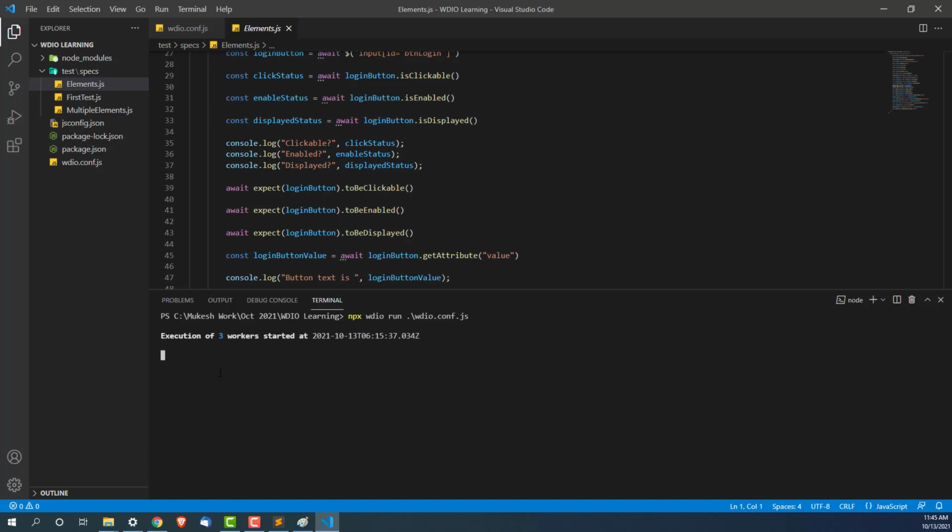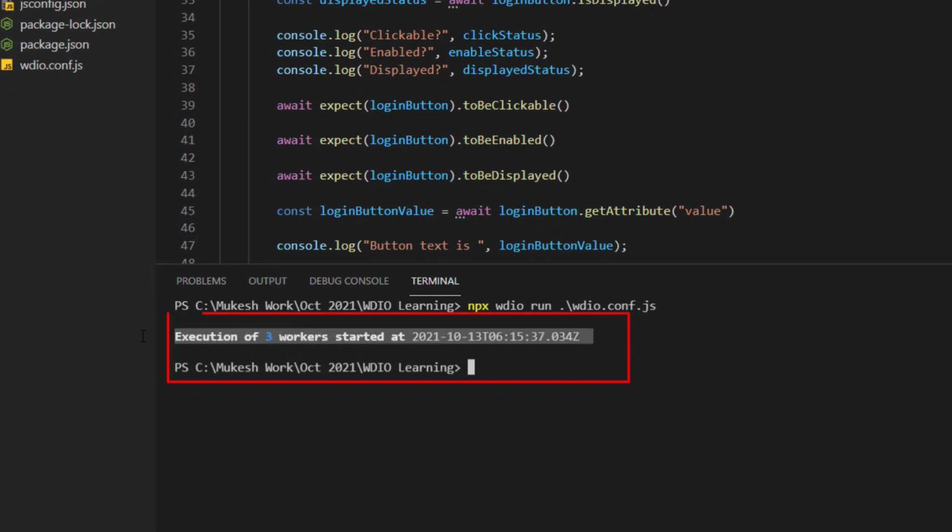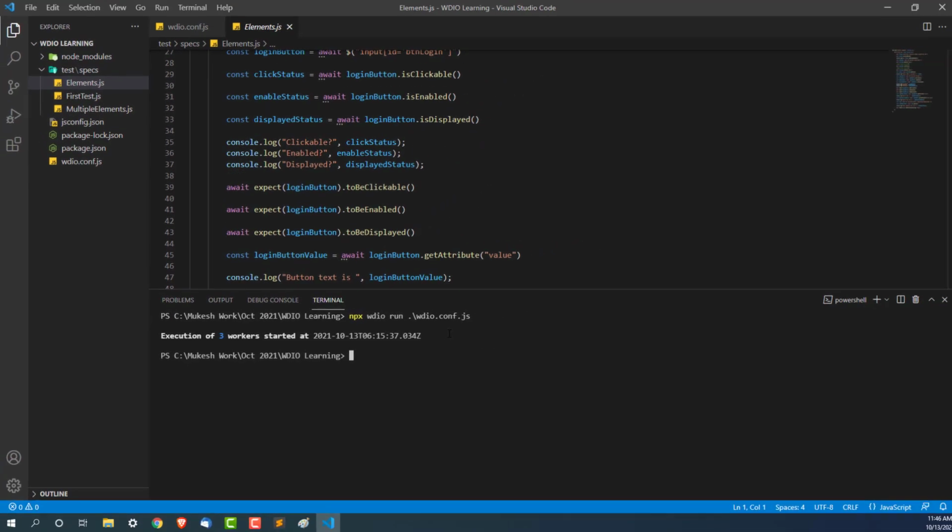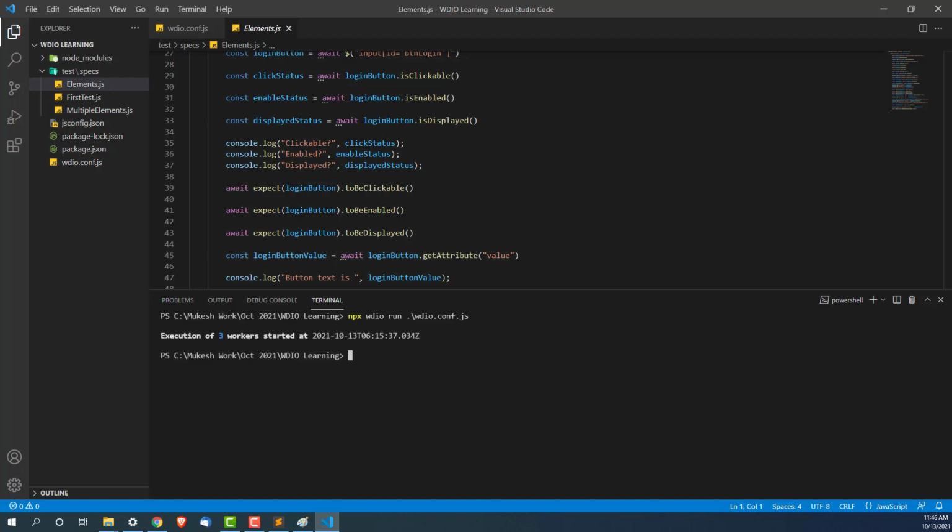but you will see a strange behavior now. It exited from here. It has not performed any test. It has not started my browser, but it has also not given me any information about what went wrong. So if you are a newcomer, it will be difficult to identify what went wrong, because if it is showing you some exception or some error, at least you can understand what went wrong. But here it just says execution started, but it came out of that execution mode and now it is asking us to run again. Now how can you see the logs and all?